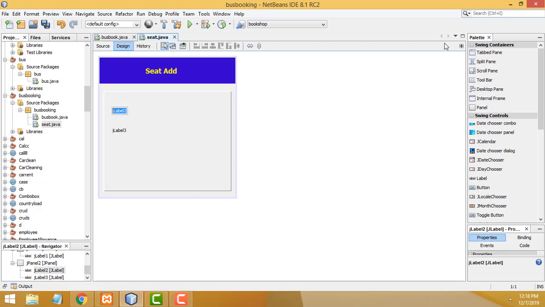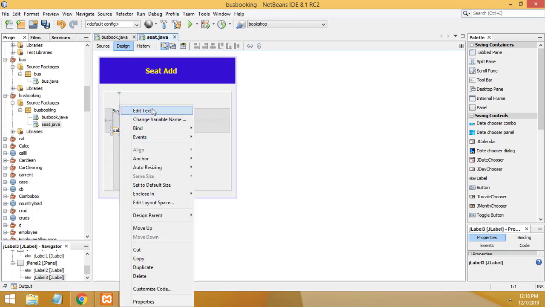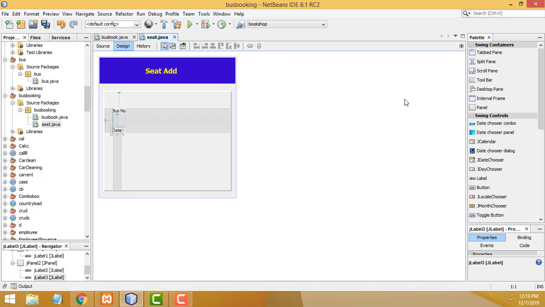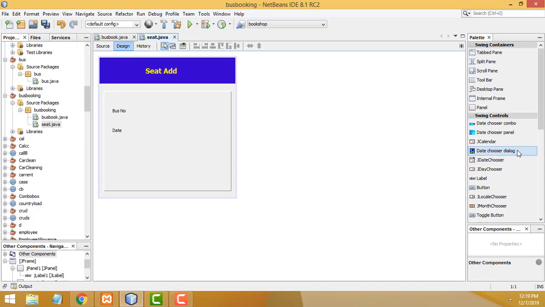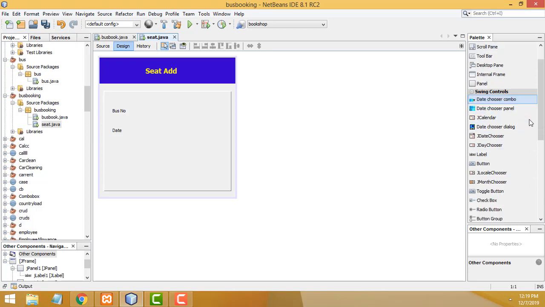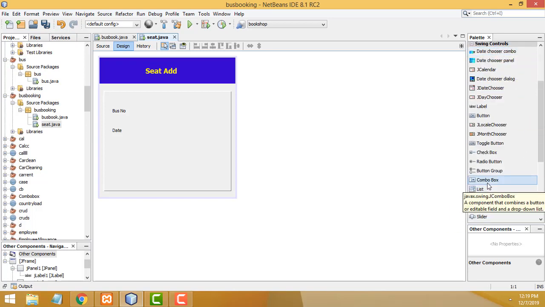This is a bus number, date. Here I drag the bus number, I drag this one, combo box,